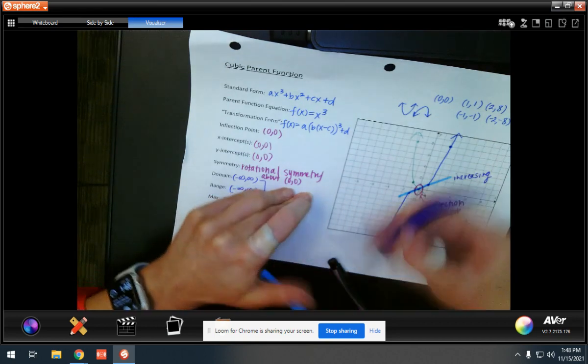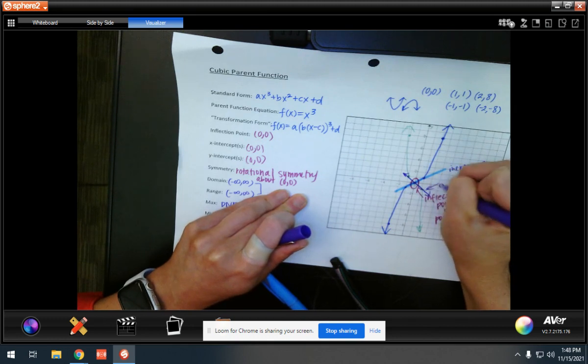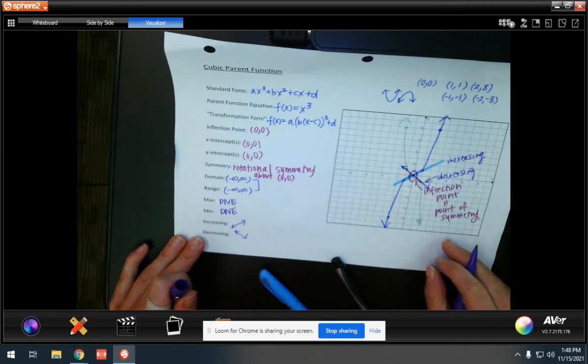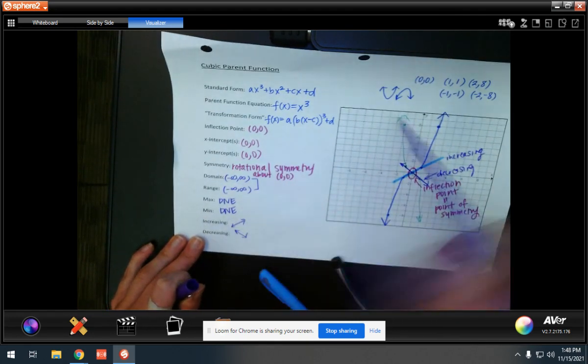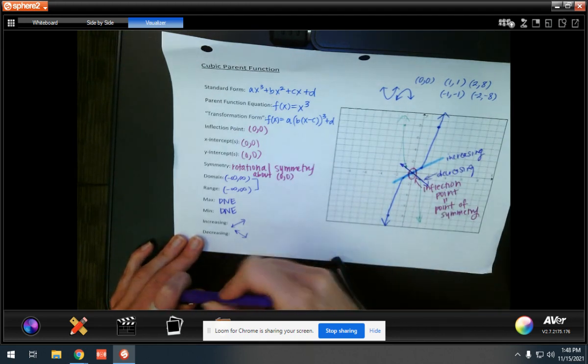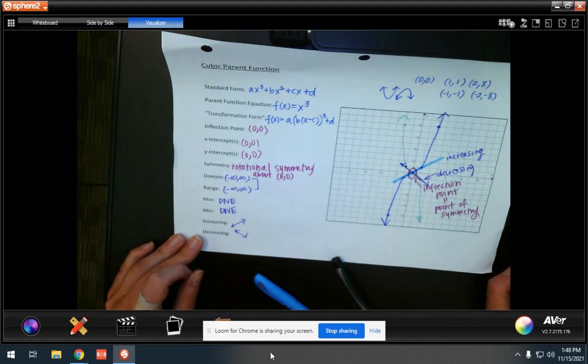Because if you draw a line between the 3 points, it's decreasing. And that will be very important next lesson when we're trying to find max and min on intervals. Knowing whether the function is increasing or decreasing is going to be a shortcut for you. Okay, let me see how